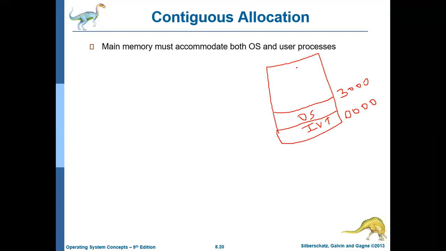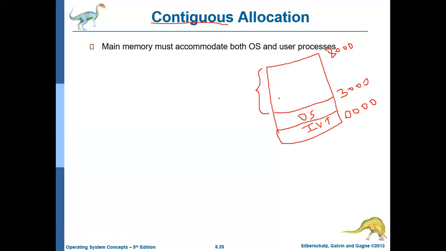The remaining space will be used by the user processes. Let us assume the memory totals 8000 locations. Now these 3000 to 8000 addresses will be used by user processes, in a contiguous, that is continuous, way.